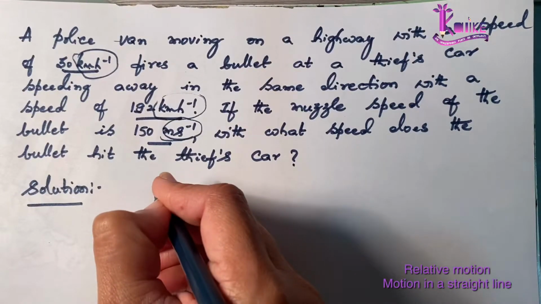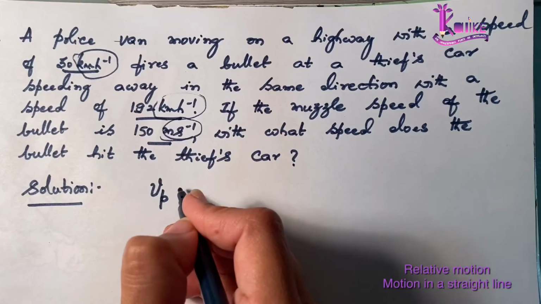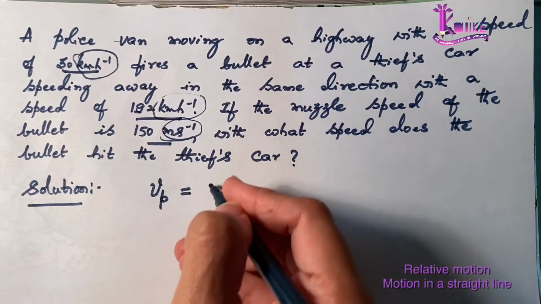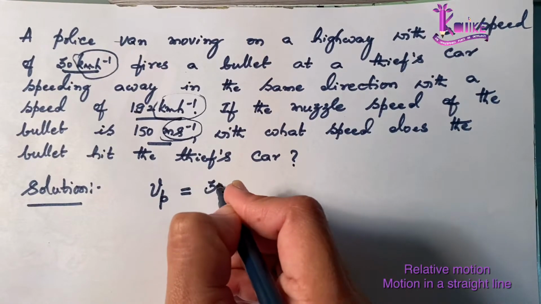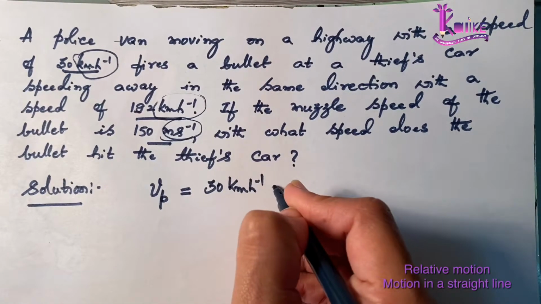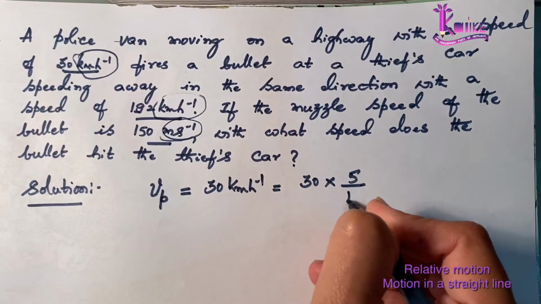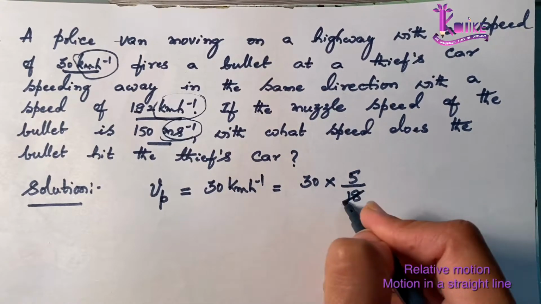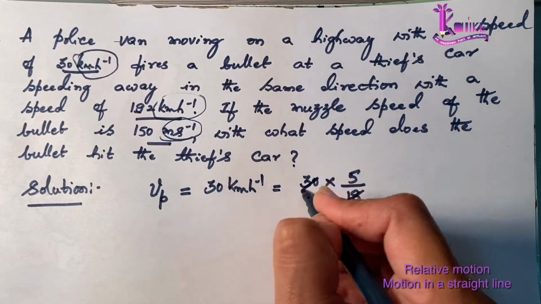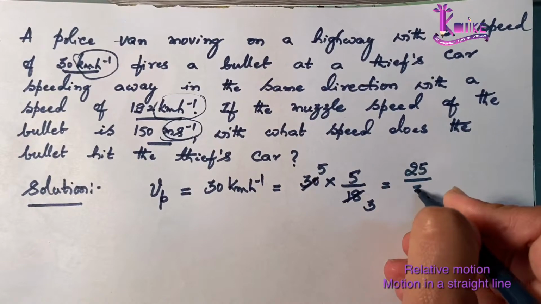So what is the speed with which the police car is moving? I represent it by Vp. P stands for the police car, which is 30 km/h. Now since we have to convert this into meter/s, I multiply it by 5/18. So it is 6 3s are 6, 5s are 5, which is nothing but 25/3